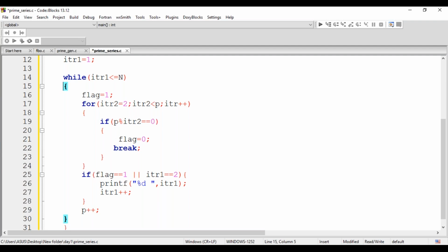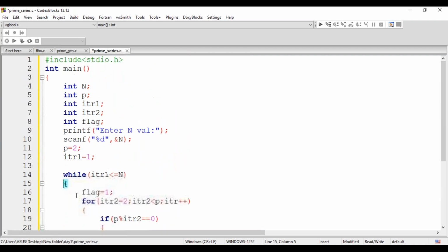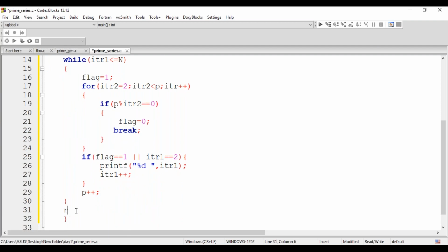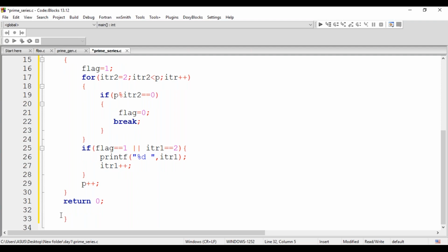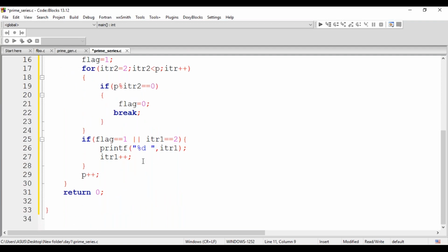So these two tasks will be done, followed by which your while loop ends, and then we are going to end our main function. So this one you should be very cautious about, guys. The range within the range is very easy. At this point you should be very cautious. The breaking point when you test is whenever your ITR1 reaches your n value. When as many prime numbers till the n number are generated, then you're going to stop it. Else it will not stop the process.